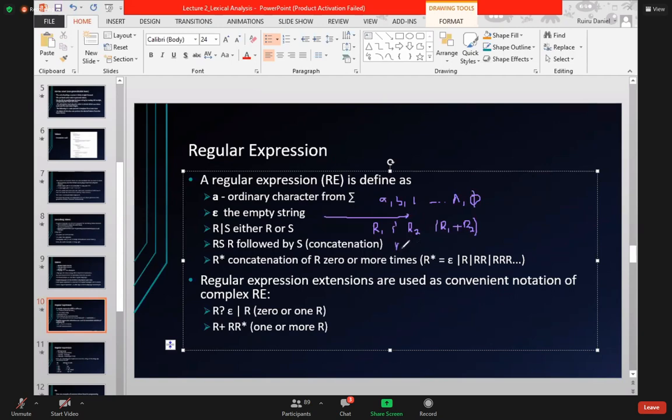So if we have R1 and we have R2, then the concatenation is just like multiplication, like you're putting them together. So R1 dot R2 is also a regular expression. Then the other rule says the iteration or closure of a regular expression is a regular expression. That means if you have R,